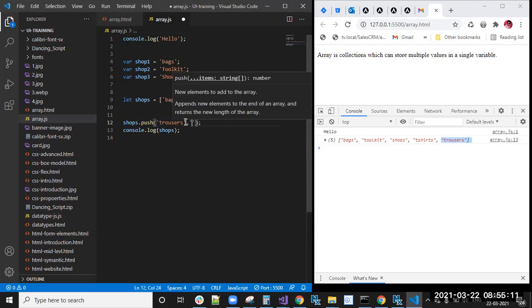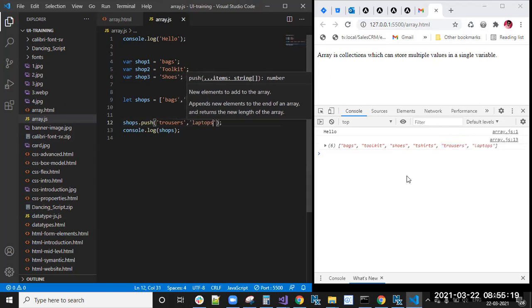Not only trousers, we can push trousers and laptops. You can see here trousers and laptops. In the previous method, we push only a single element at a time, by using shops.length or shops[4].